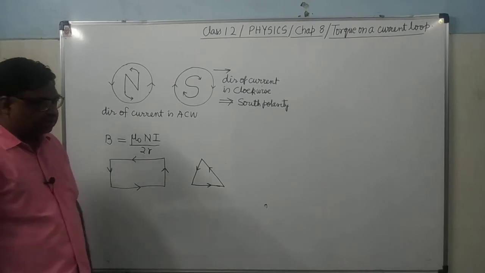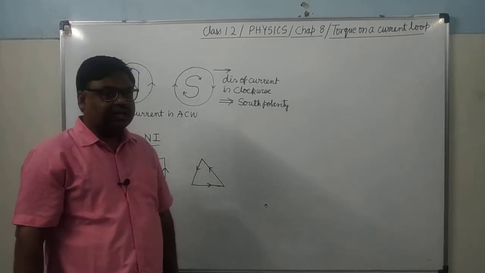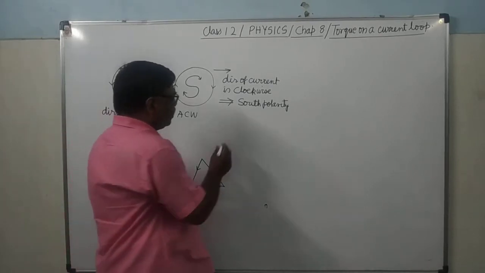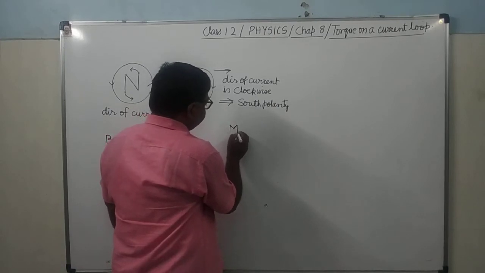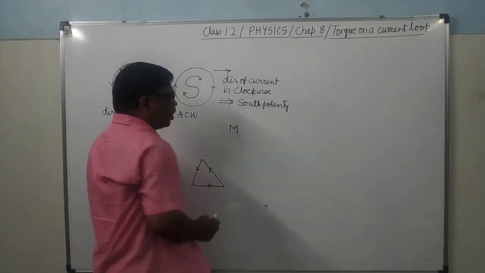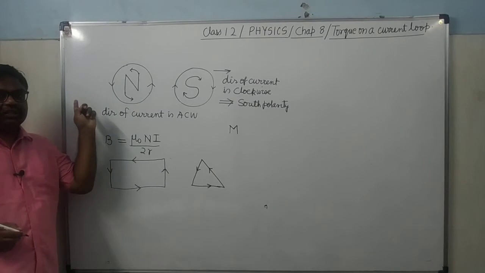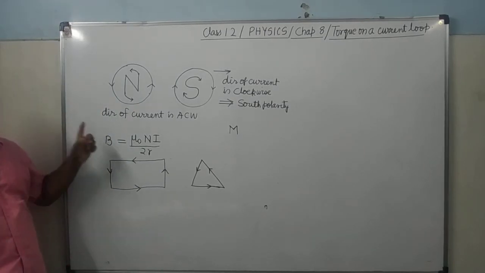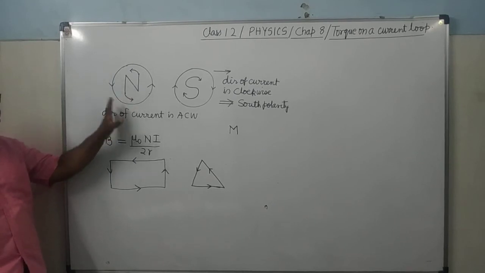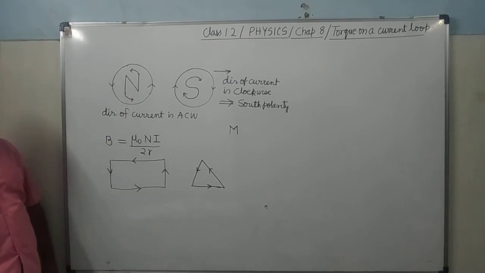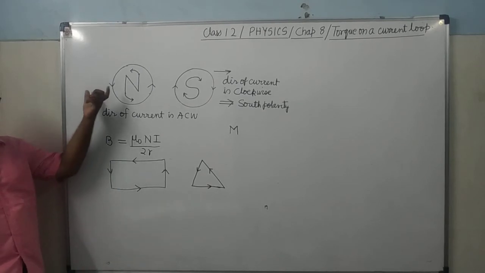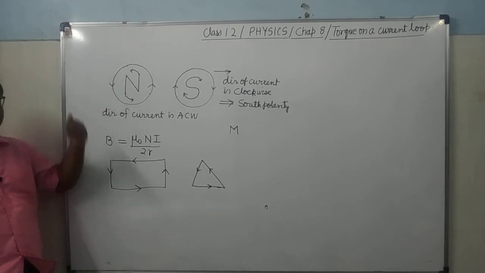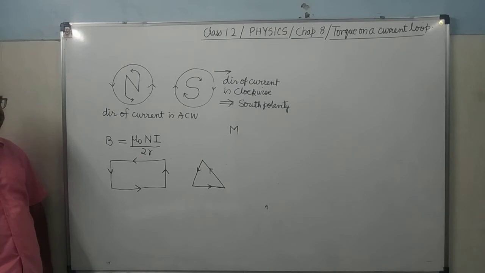Now we also know about a magnetic dipole whose magnetic moment is m. What is magnetic moment? It is a physical quantity which is the measure of the magnetism produced by it, its power of magnetism. It means what is the power of the magnetism produced by this magnetic dipole.